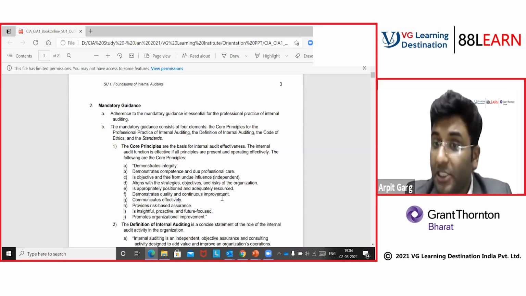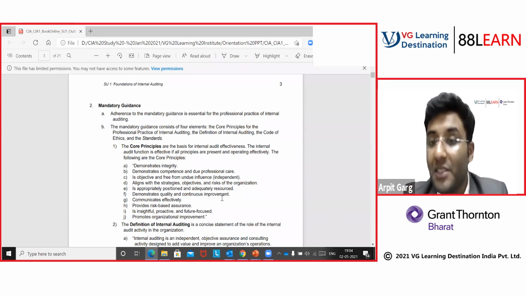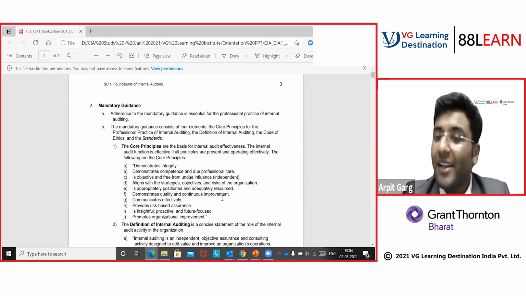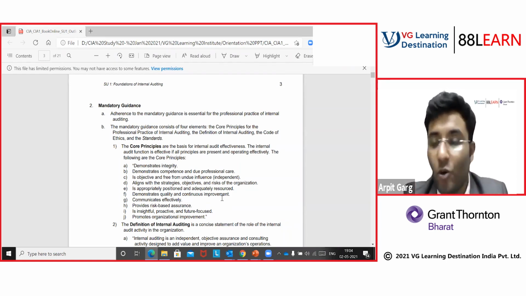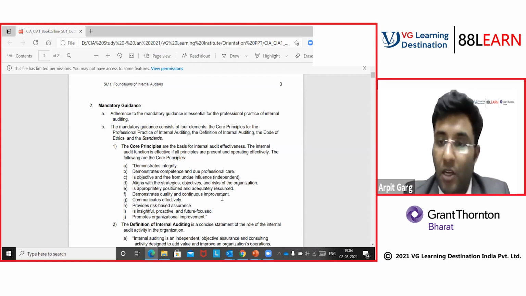Now there are 10 core principles. If you ask me whether you need to remember all those core principles, my suggestion is no. Please don't try to learn it by rote. Try to understand. Being an internal auditor, you also know that you have to have a logical mindset and good business acumen to be a good internal auditor. We have to understand it logically, we have to clear the concepts, and we have to have a good understanding. We don't have to memorize it. We have to go with the method of concept clarity.